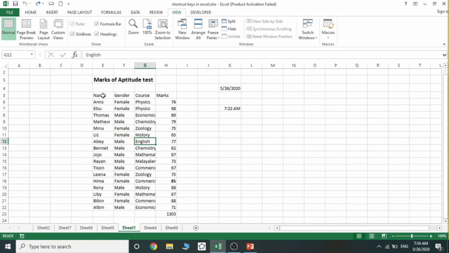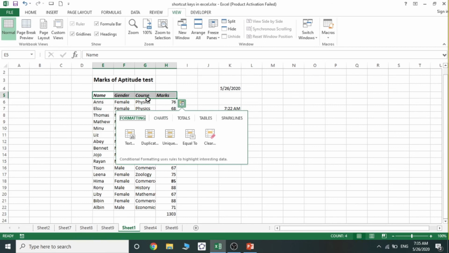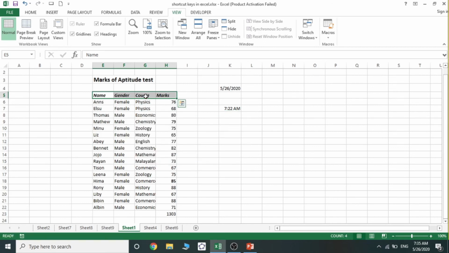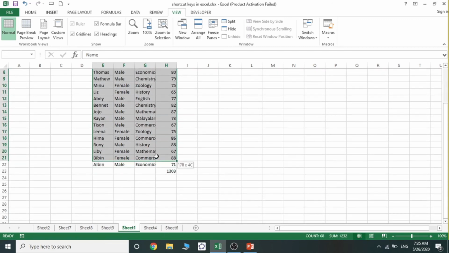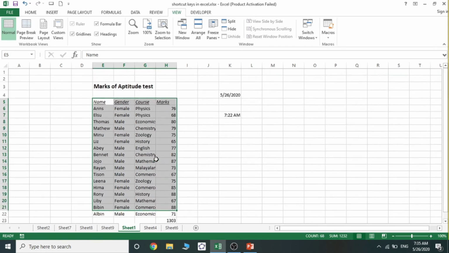If you want to format these heading cells, we have selected them. Control B, look, it became bold. Control I, it became italic. Control U, underline.